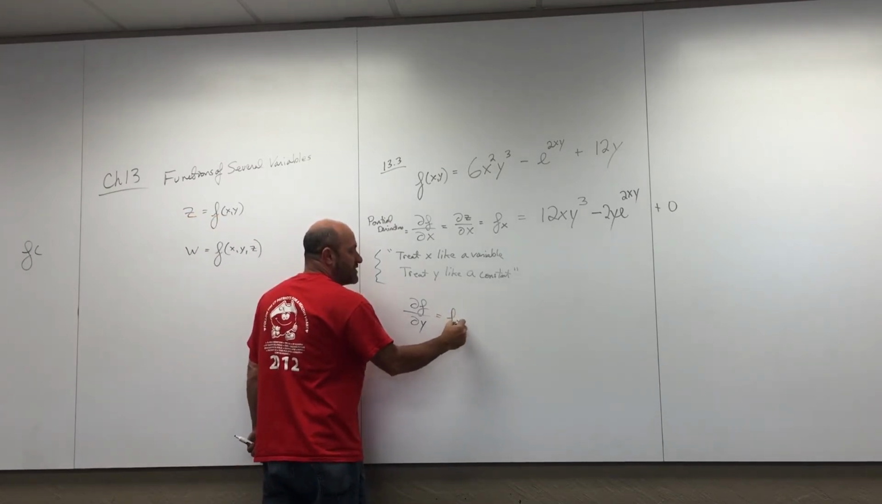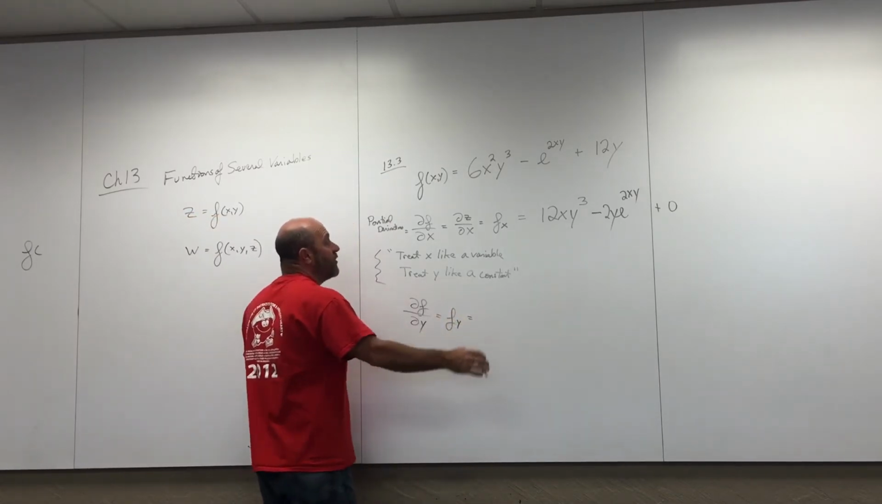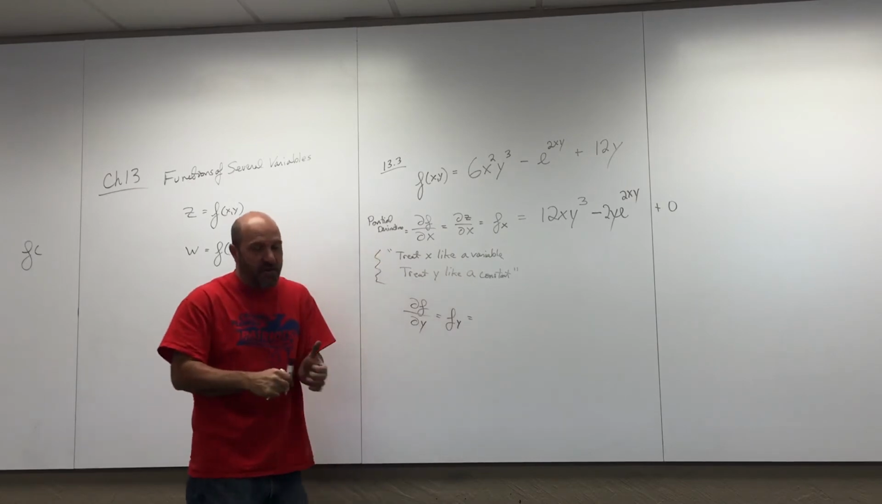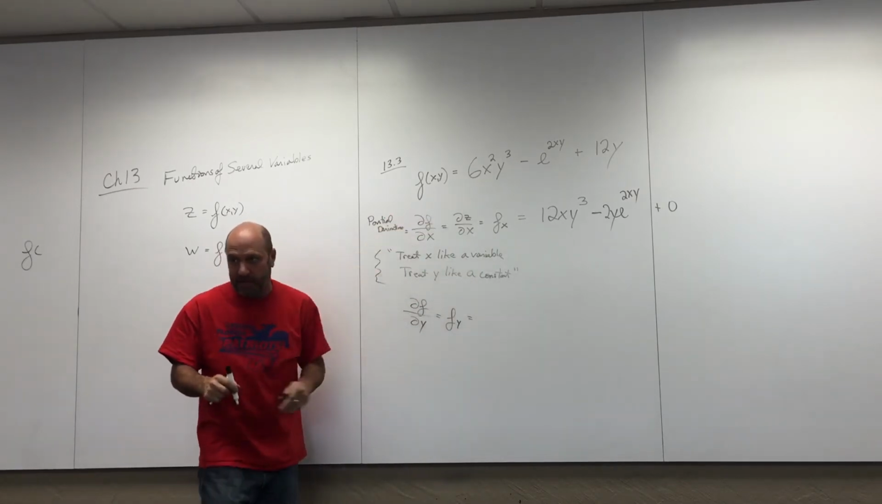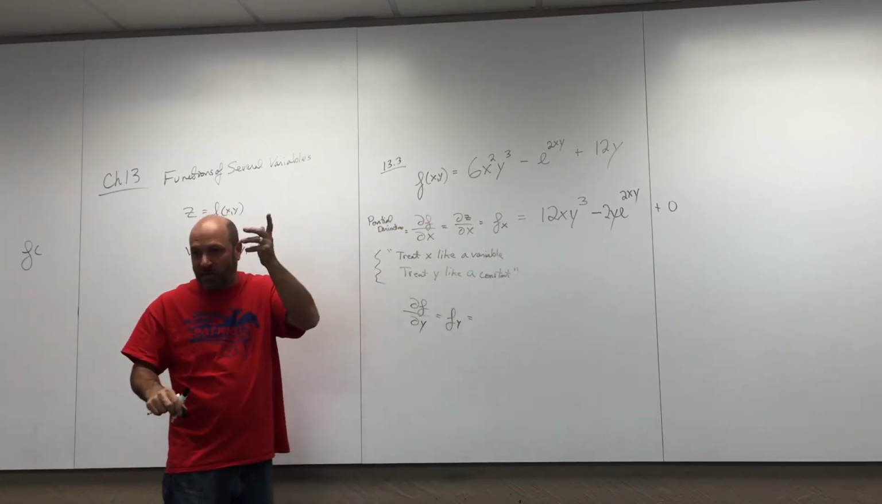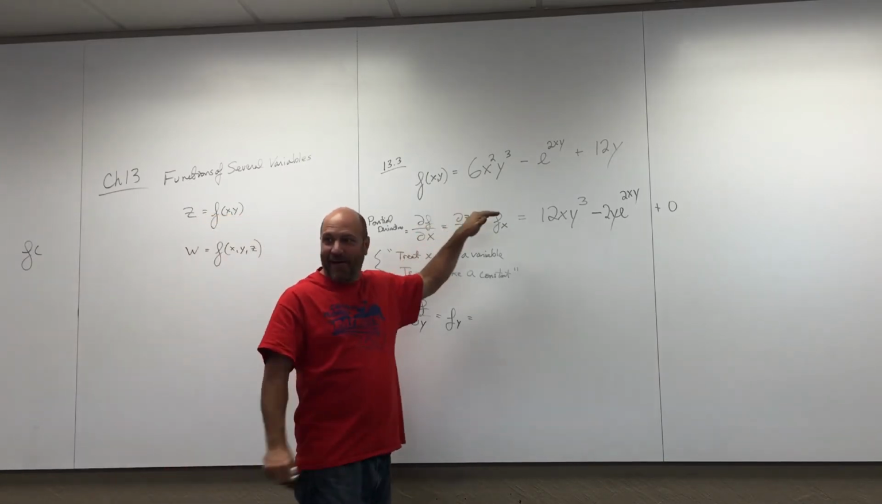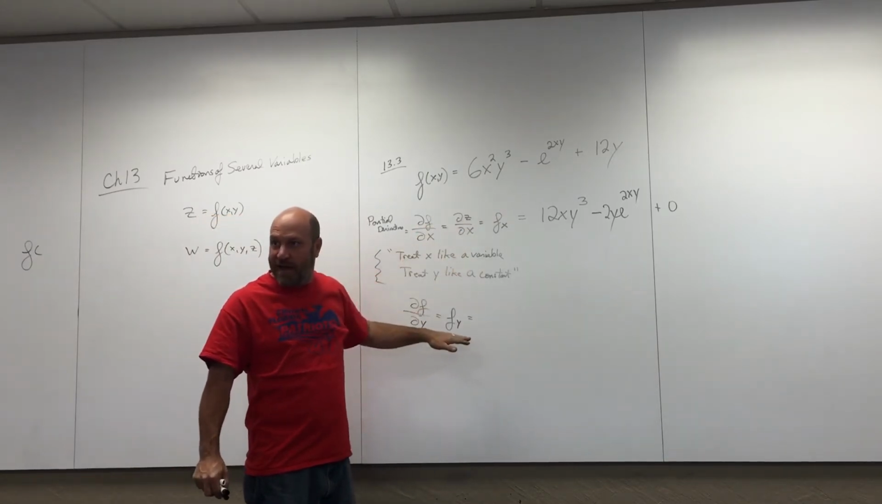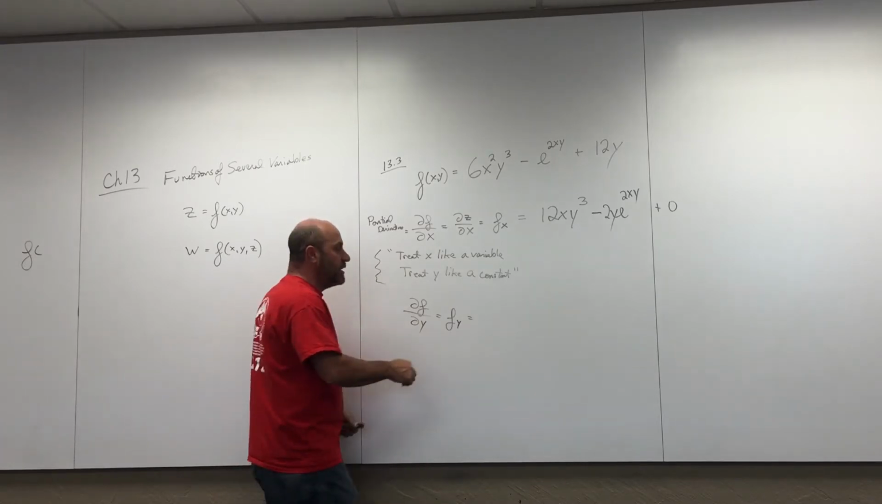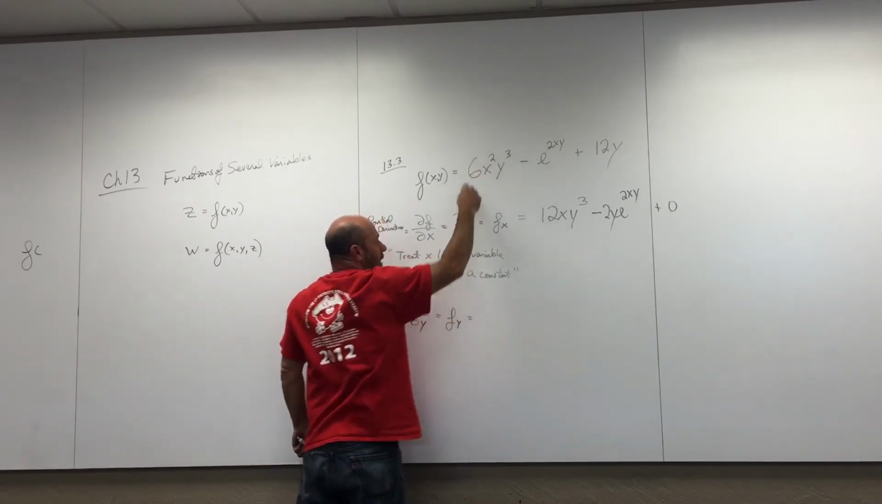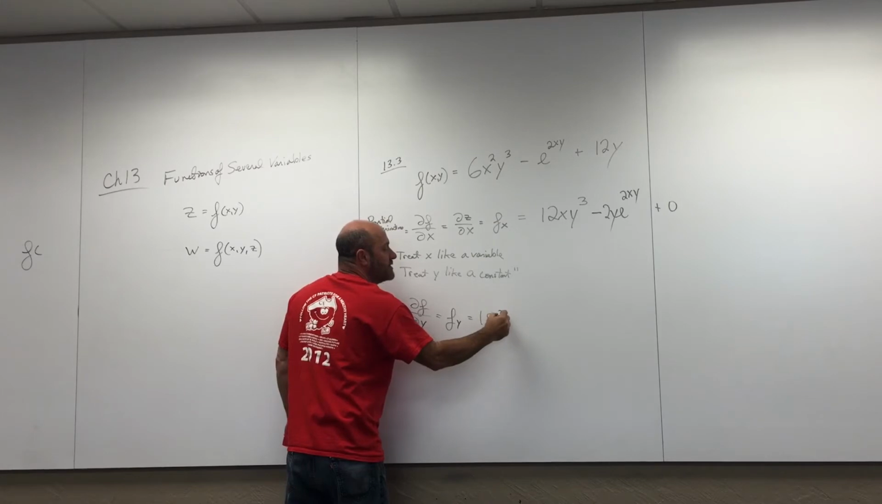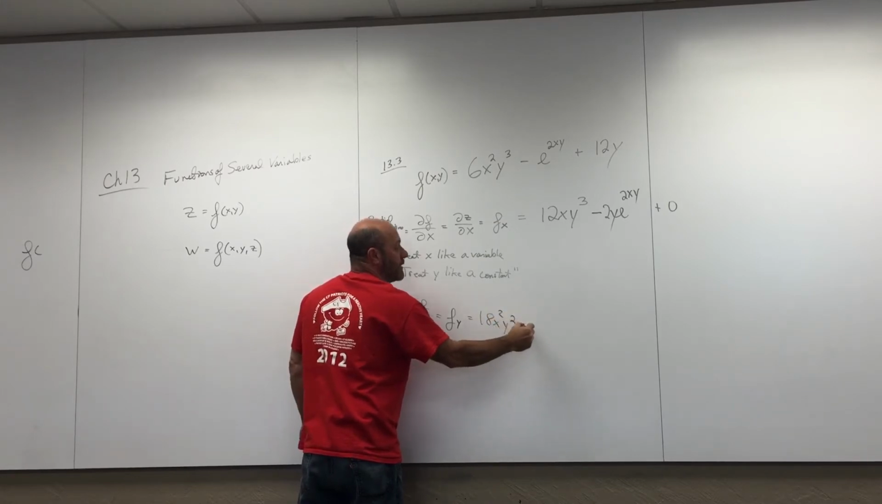Or f with a little subscript y. But here we go. What happens is, again, you usually do these things back to back, so your brain's got to switch gears quick. Now, y is the variable, and x is treated like a constant. 18x squared y squared. Minus